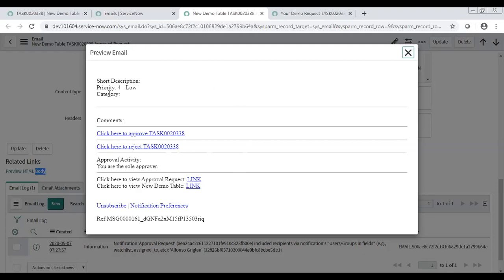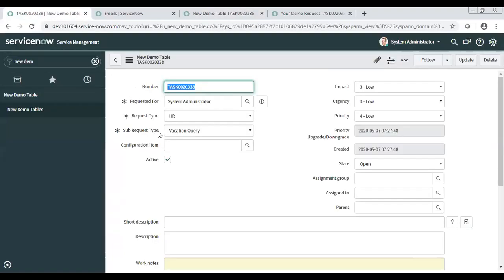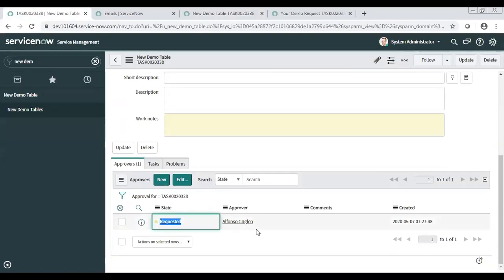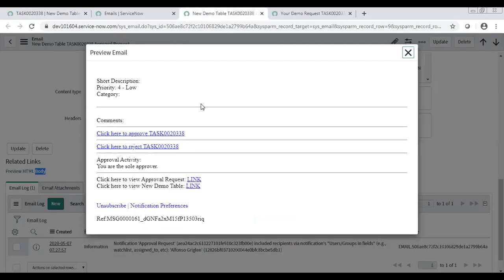Okay. This notification is getting triggered when any approval is triggered for a record. For this record, an approval is triggered, and as soon as the approval is triggered, a record gets inserted in the approval table. The event is getting triggered through a business rule written on the approval table, and that event is triggering this notification. I think yesterday we discussed this in a lot of detail. So this is an out of the box feature, right? Yeah, this is an out of the box feature.